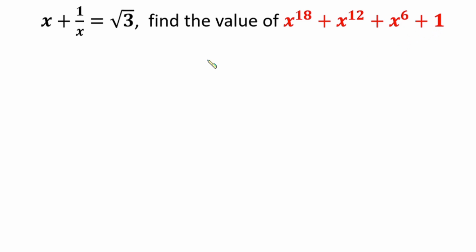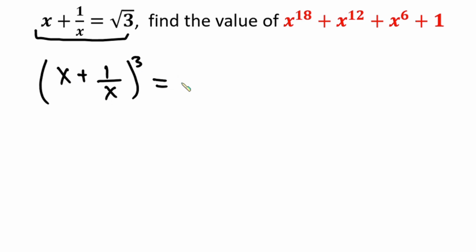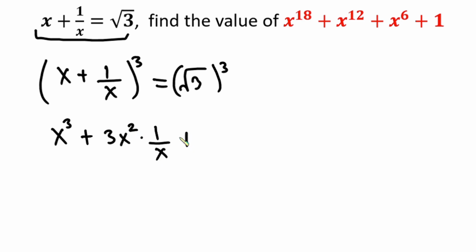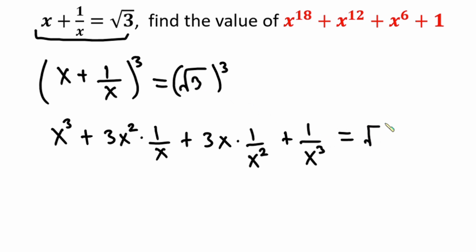So let's get started. First we're going to cube each side of this equation. So we're going to have x plus 1 over x all cubed is equal to root 3 cubed. Now let's expand this one. You're going to have x to the third power plus 3 times x to the second power times 1 over x plus 3 times x times 1 over x to the second power plus 1 over x to the third power. Right? And this is equal to root 3 cubed, which is the same as root 3 squared